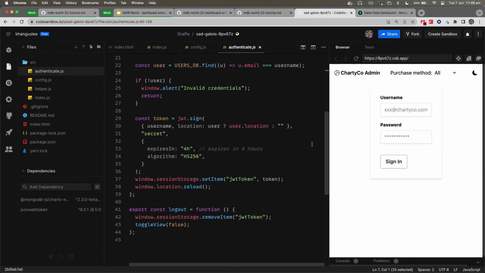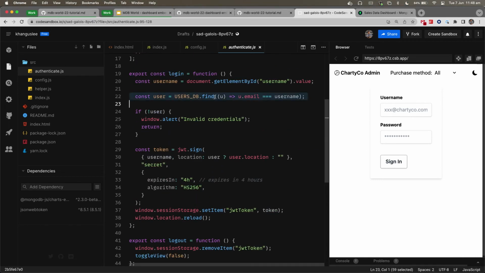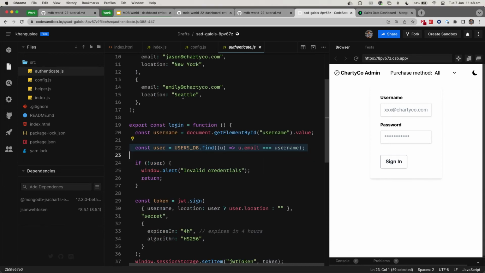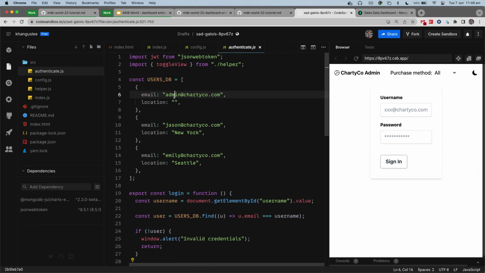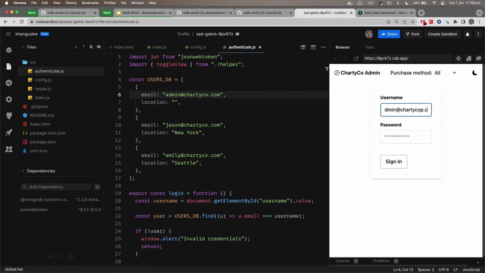Once the user clicks on that sign in button, it tries to figure out, does that email exist? If it exists, then it is valid, and if it's valid, we then create a JWT token as well. So here, the login credential is basically the email. There's no password. So if I try to log in with admin@chartco.com